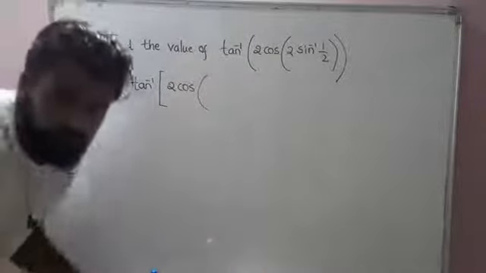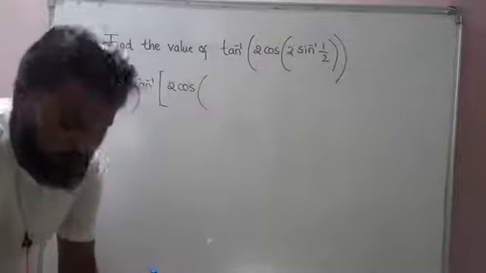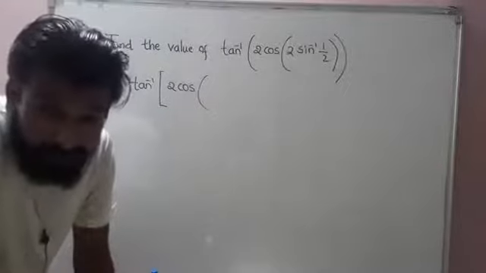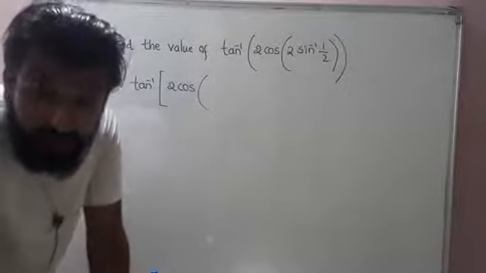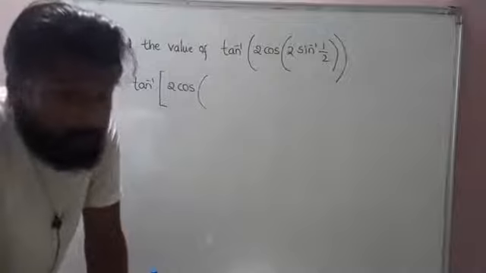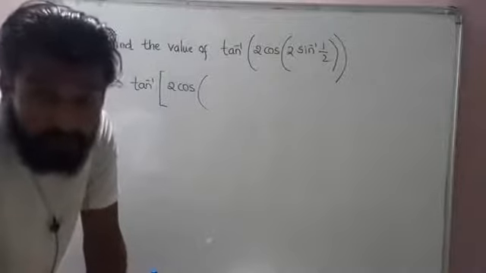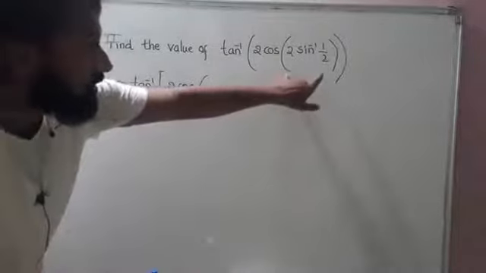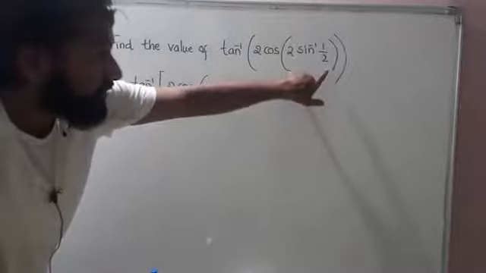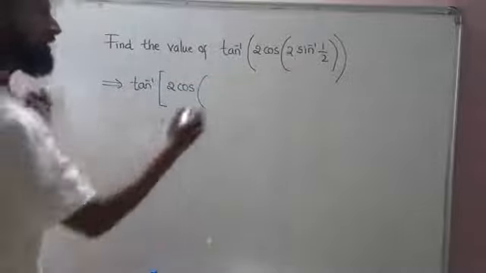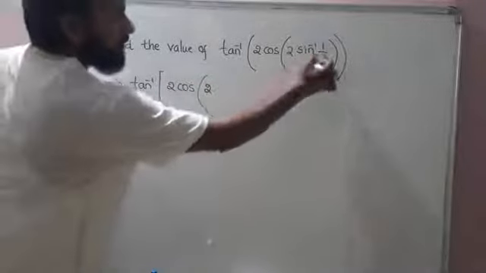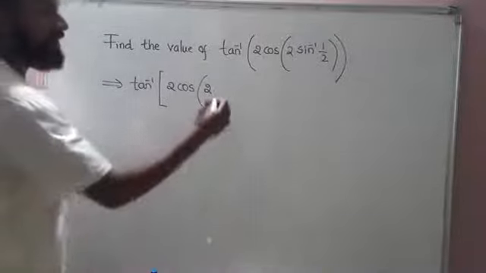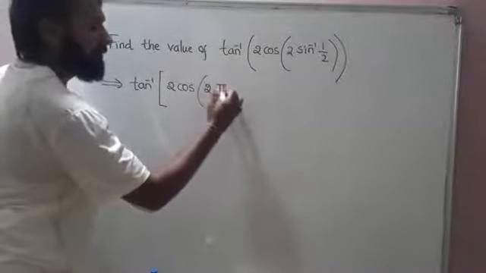I hope all of you know there was a rule called BODMAS rule, which we used in lower classes. What BODMAS rule says is, whenever we have so many brackets, we always have to solve the bracket which is inside. So now we can see the first bracket we have to solve is this one. So let me write 2 as it is. What is sine inverse of half? We have solved this in the very first video. Very good. That is 30 degree, means pi by 3, isn't it?